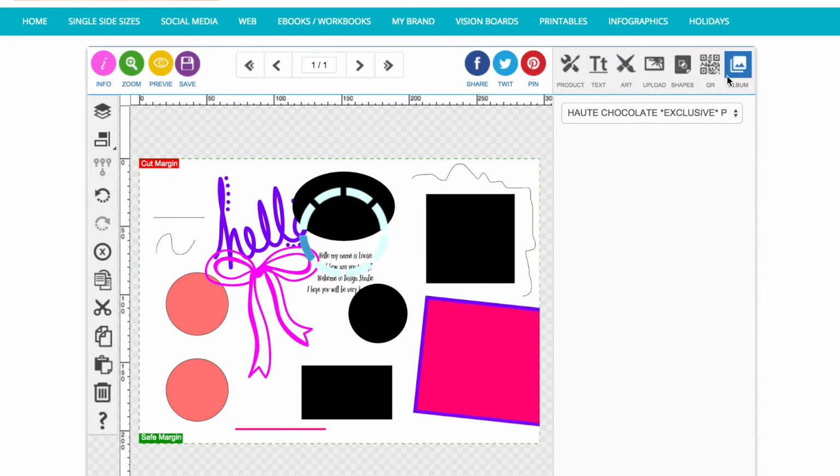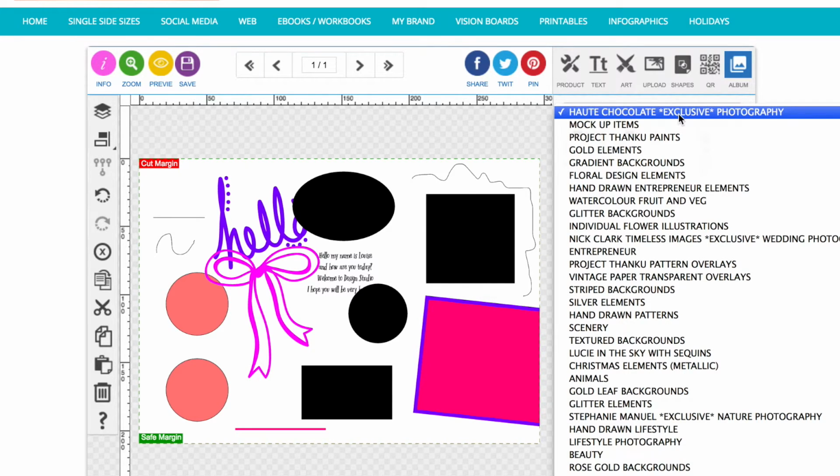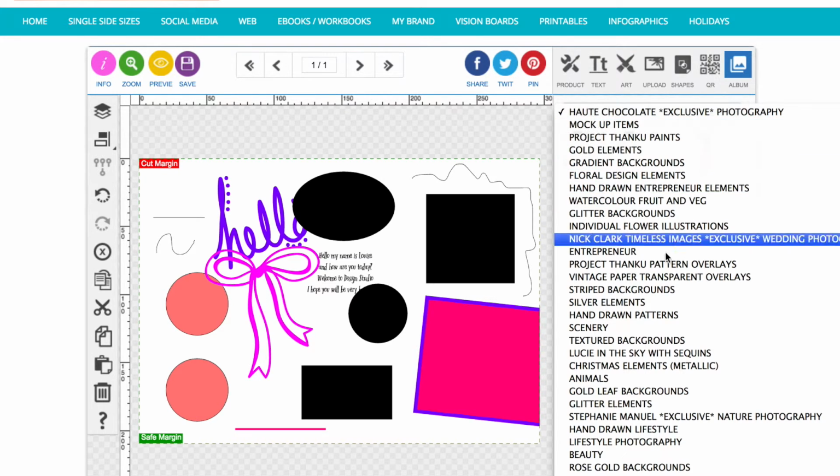And then finally, the album folder over here. This is a new feature that I've just had added onto Design Studio quite recently. In the album folder, you'll find lots of different folders. We have images, backgrounds, photographs, design elements. Everything in this folder is not editable. This is like